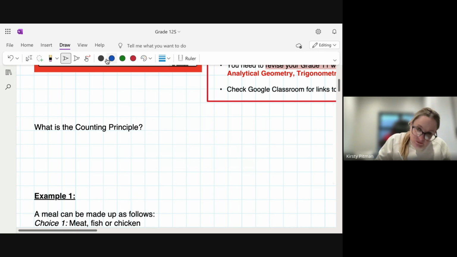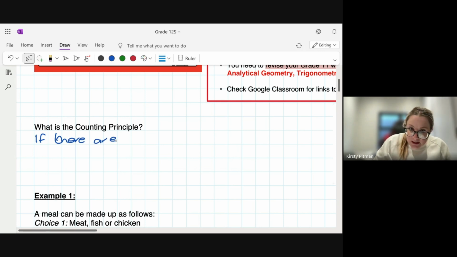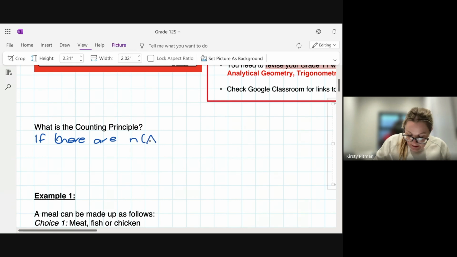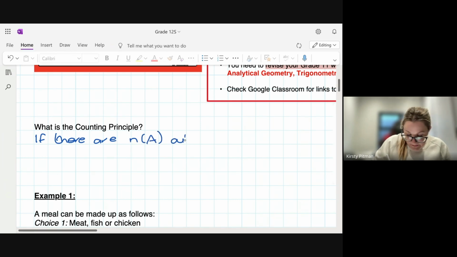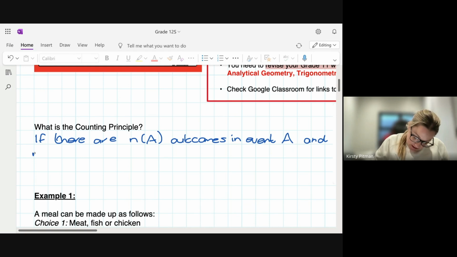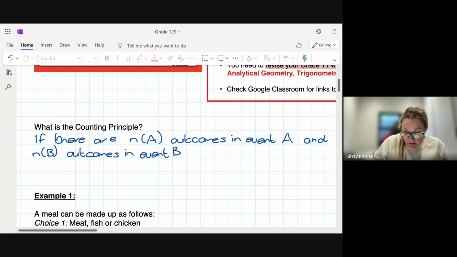So it tells us, if there are n(A) outcomes in event A, so a number of outcomes, n(A), and n(B), a certain number, we don't know what the number is, outcomes in event B, then